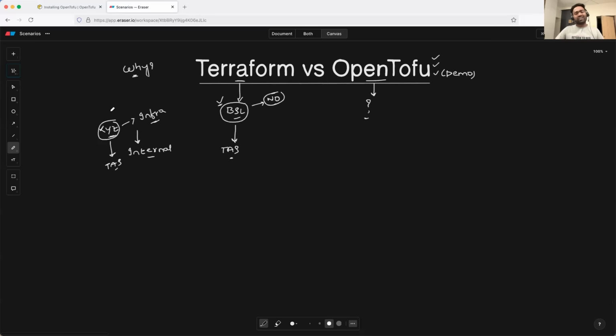As I told you, TerraGrunt, Spacelift, Env0, these are some of the examples. To make it even simpler for you, if you're not very much aware of the managed services concept, let me take a very simple example. AWS. AWS offers many open source projects as managed services. Kubernetes is the best example.